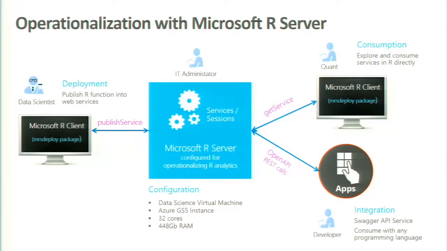But this is the architecture that we're going to be using for operationalizing a model to predict this loan delinquency using Microsoft R Server. I'm going to be working here on the left-hand side from a client. In this case, that's going to be this Surface Book laptop that I'm working with here, where I'm going to develop a model and then publish that into a server. That server there in the middle is going to be an Azure Data Science Virtual Machine running in the cloud. You can see the specifications of that there, and we'll be publishing that model into it.